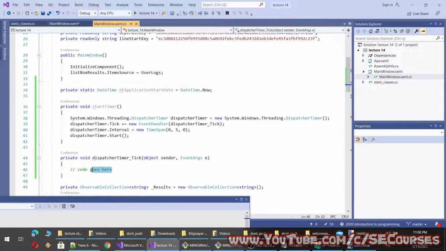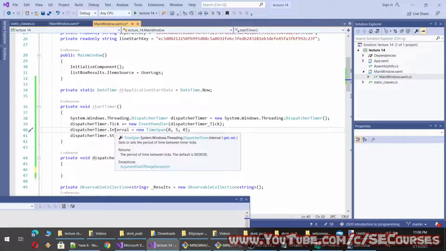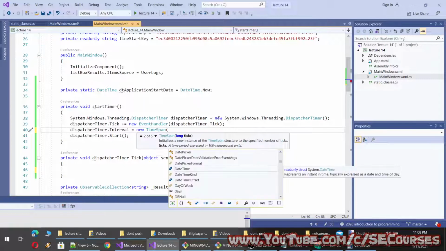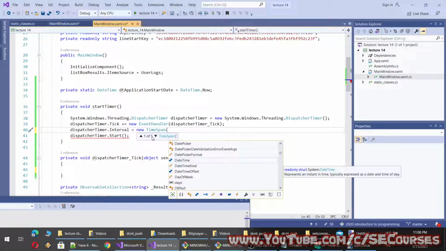Okay, inside this dispatcher tick, you see the dispatcher interval is being defined as TimeSpan, and when you define a new TimeSpan, you will see the TimeSpan has 5 different inputs, 5 different method overloads.